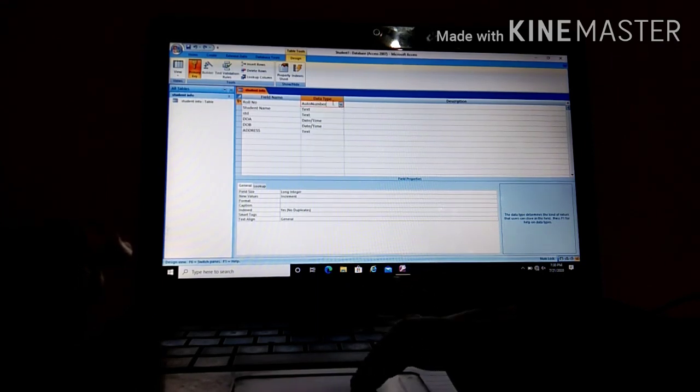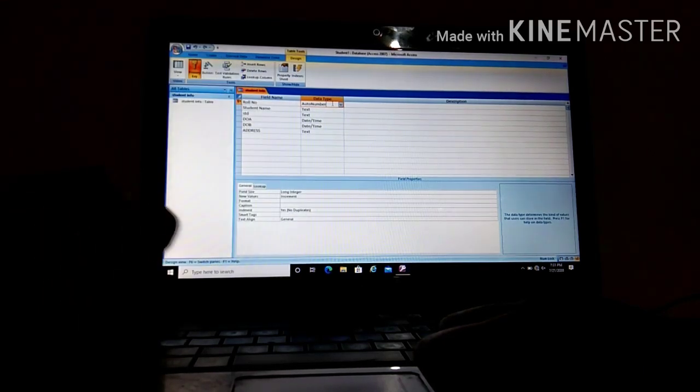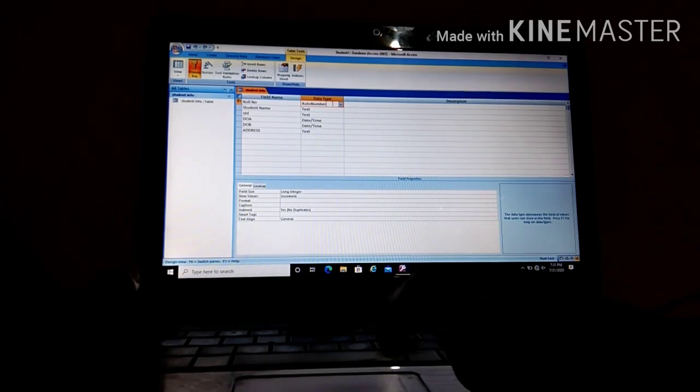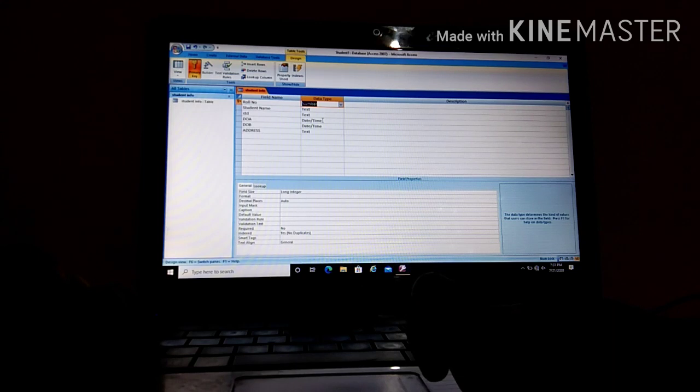And secondly, auto number is the data type which is automatically added and inserted. You are not allowed to enter there, okay, and you are not allowed to add or remove from there. It is automatically added whenever you add a new record into this. Are you getting this? And if you don't want auto number, you just want to add by your own, so what you can do, you can change the data type to number.